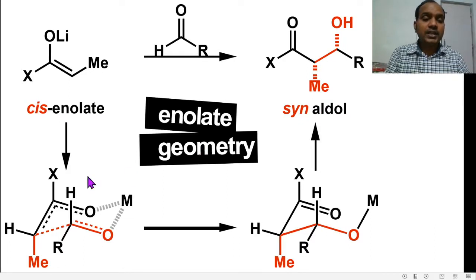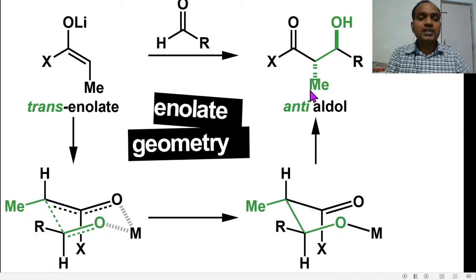And if we take the another chair conformation, we got both are beta, means here when a cis enolate is used, we got the syn aldol as the product. Now how we'll discuss for the trans also in the next slide. Here the trans enolate, if there is a formation of trans enolate and this trans enolate attacks on the aldehyde